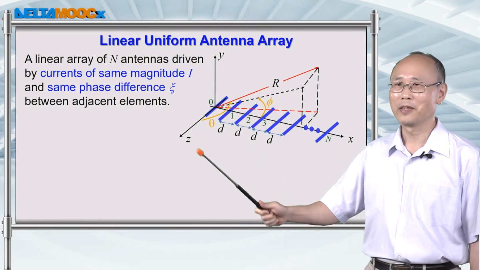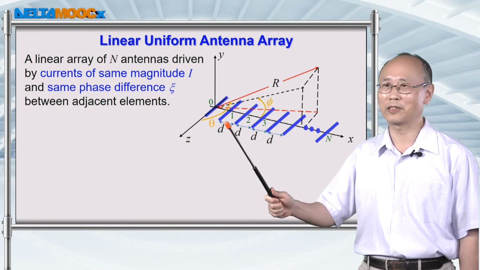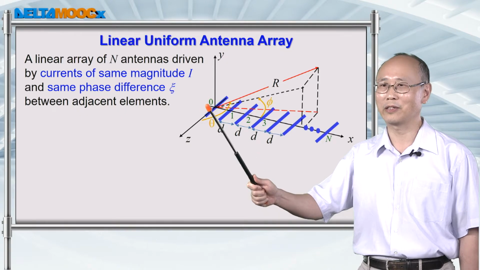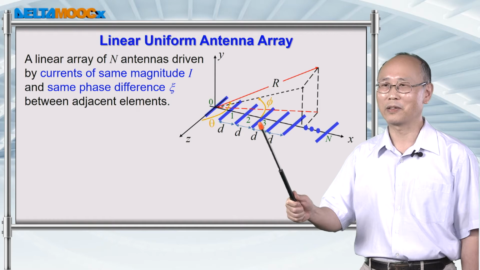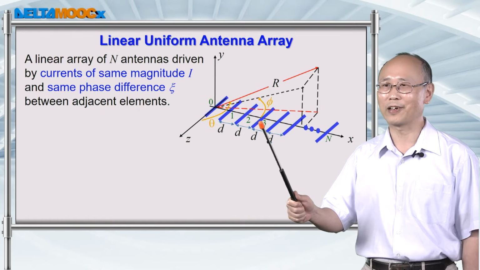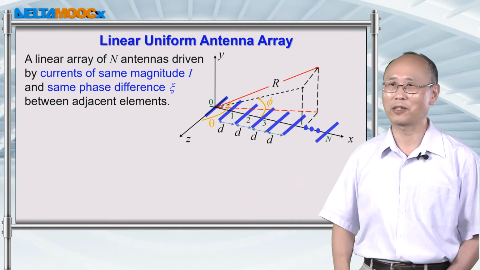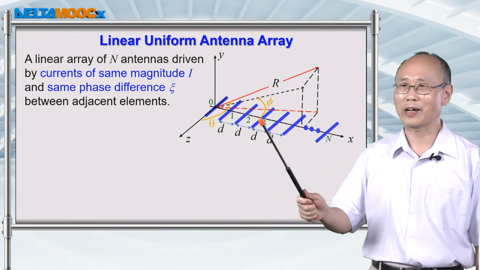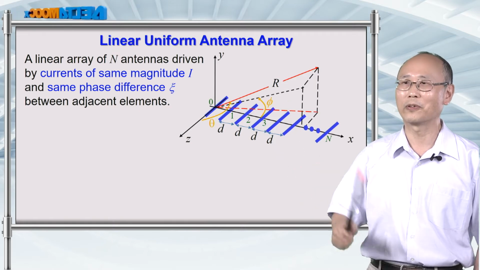For example, the phase difference between antenna 1 and antenna 0 can be c, and the phase difference between antenna 2 and antenna 0 can be 2c, and the driving current on antenna 3 has a phase difference 3c with respect to antenna 0. So finally, if you sum over all the radiation fields from all the antennas in the far field, you're going